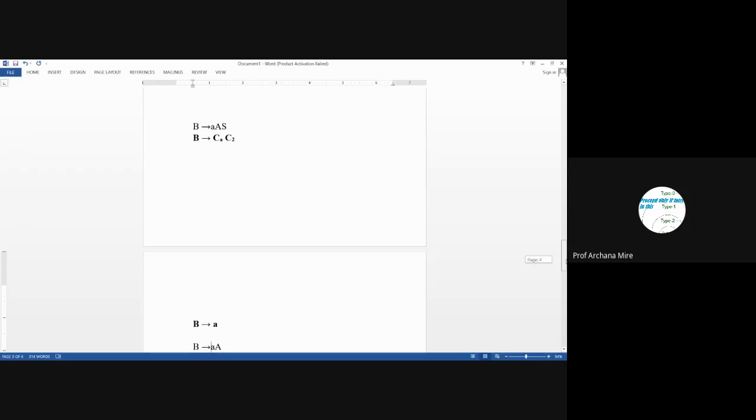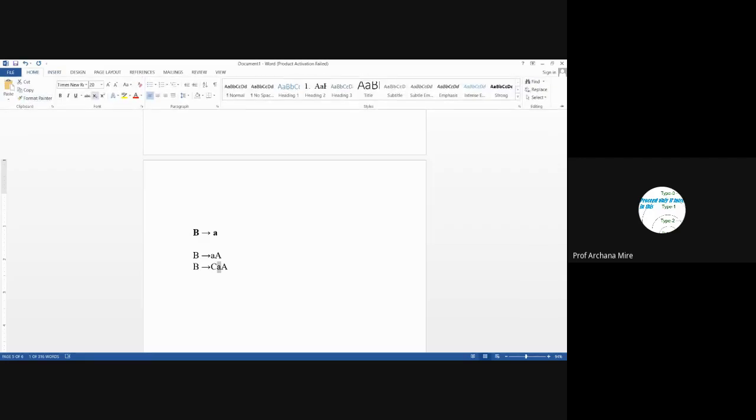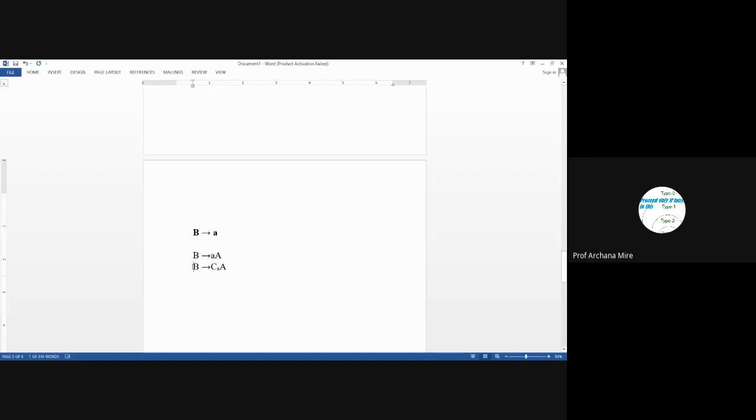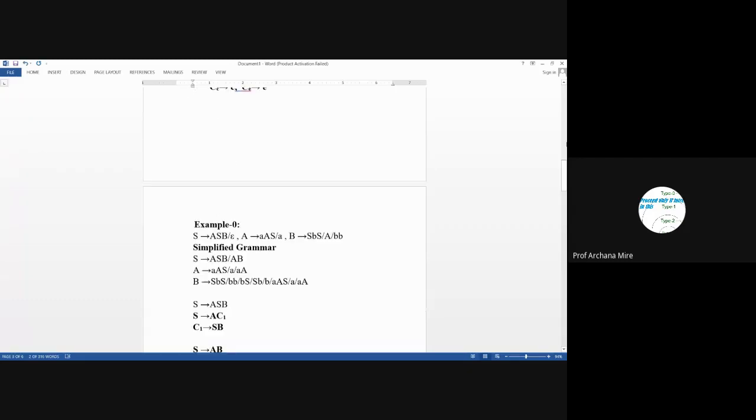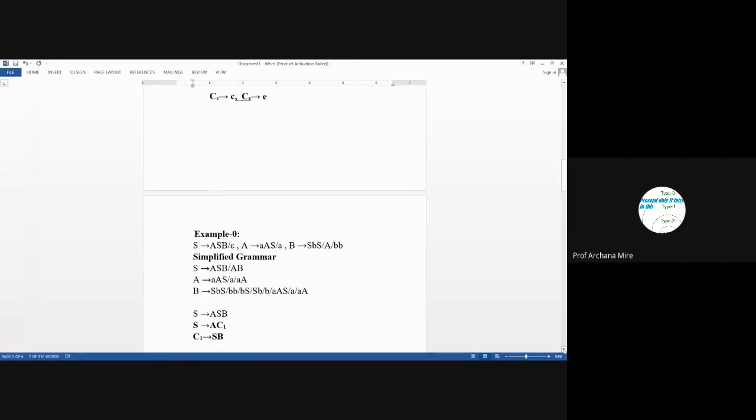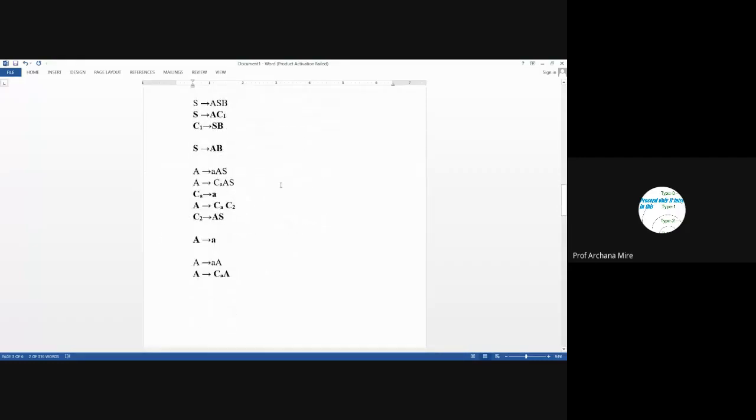Once again, it is a combination of terminal and non-terminal symbols, and if it is a combination of terminal and non-terminal symbols, then all terminals need to be replaced with a new non-terminal corresponding with the letter C. Since CA is already introduced here, we can use CA as it is, and this will be our final production rule, which will be in the CNF form. Now let's rewrite these production rules. So our final set of rules which will be in CNF will be,